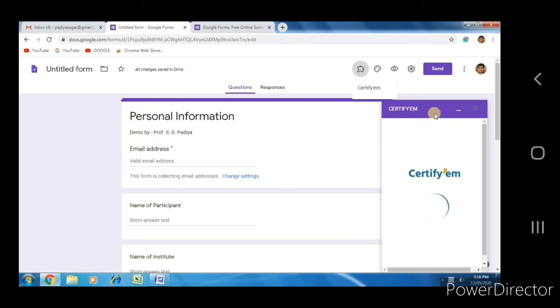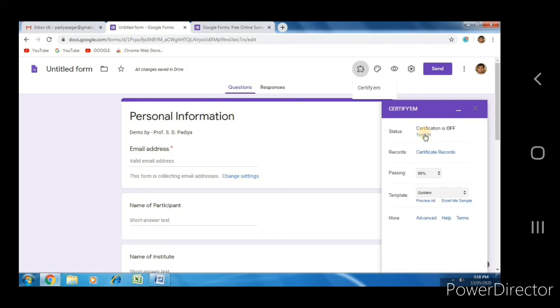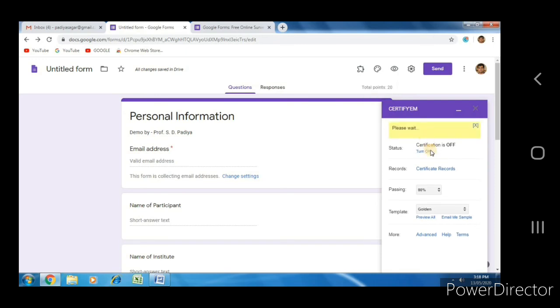It takes some time. The first option is status. Turn on this certificate.